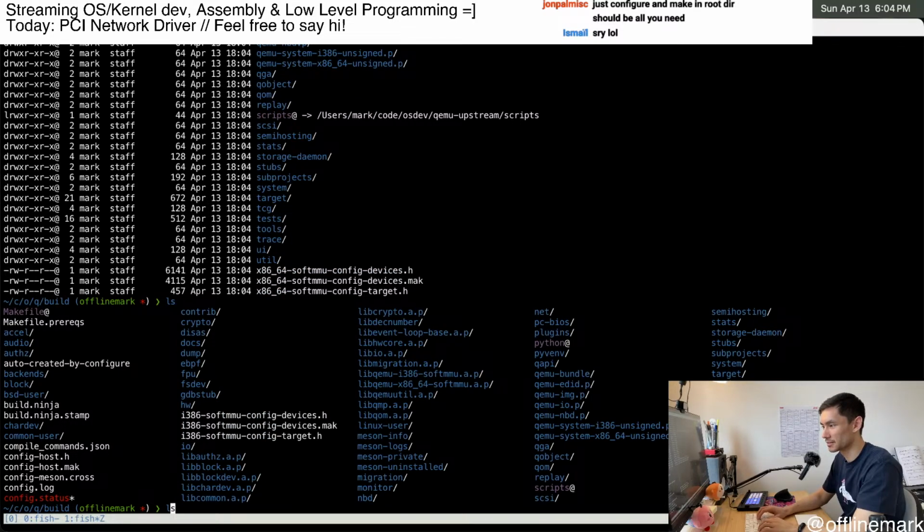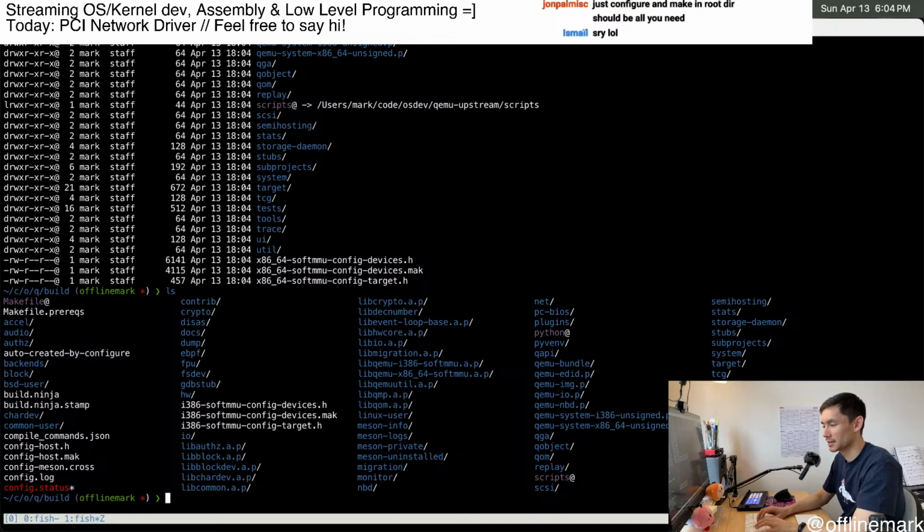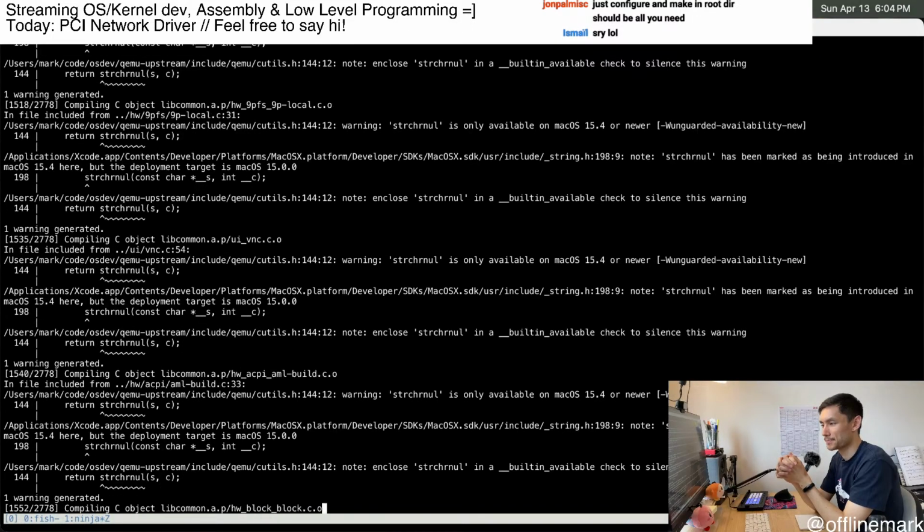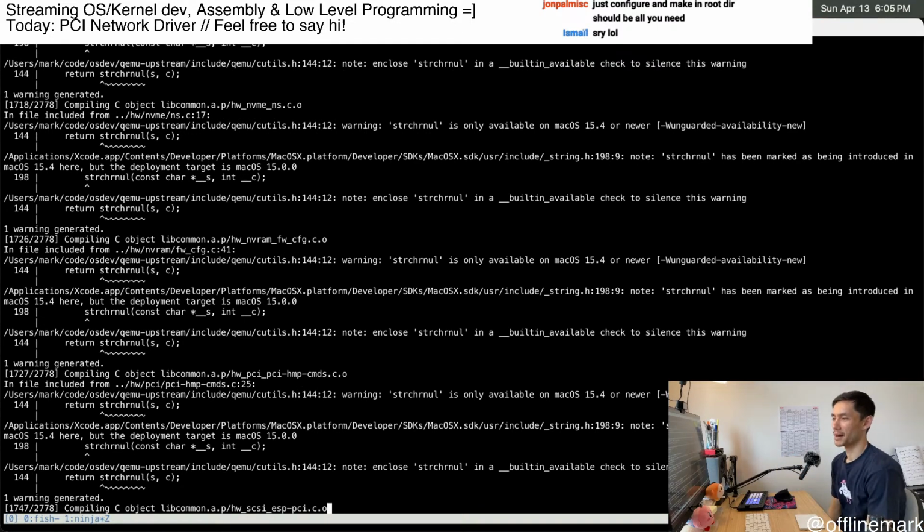Does it have a makefile? Does it have a Ninja? Yeah, I don't know what happened there. It's recompiling my whole QEMU,